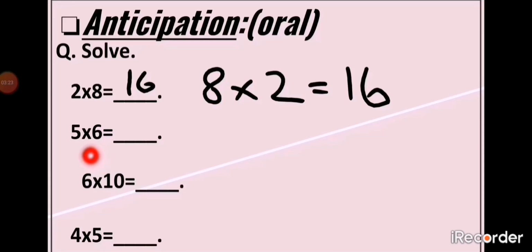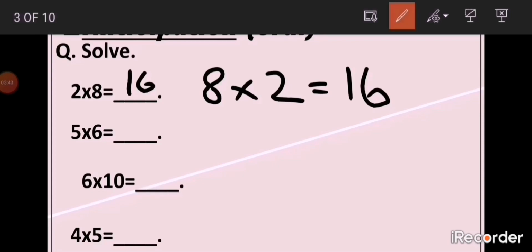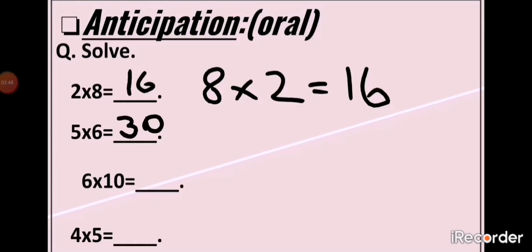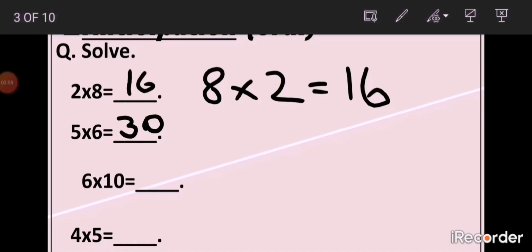Now the second one, 5 multiplied by 6. We will read 5 six times, or we can count 5 six times. So read with me. 5 1 time 5, 5 2 times 10, 5 3 times 15, 5 4 times 20, 5 5 times 25, 5 6 times 30. The answer is 30. Or you can add 5 six times. So take out your 6 fingers and count in 5s: 5, 10, 15, 20, 25, 30. The answer is 30.